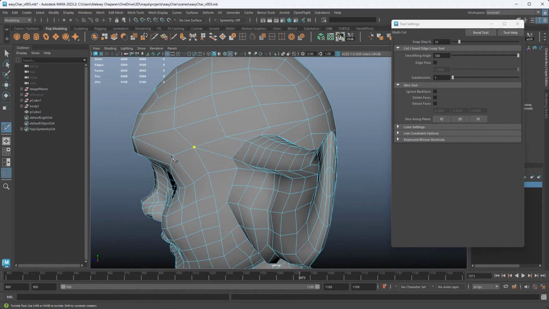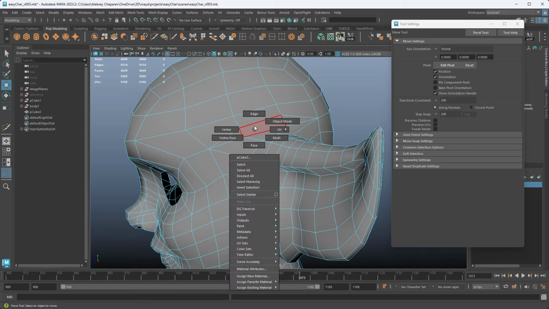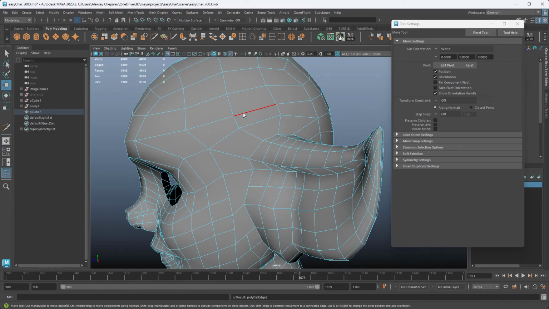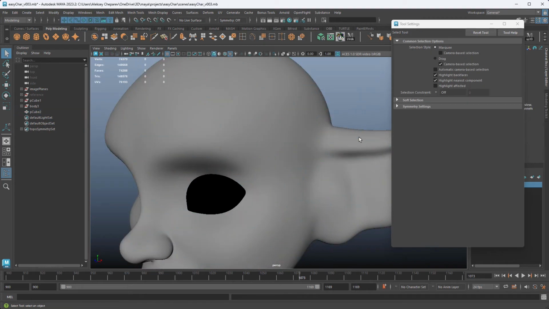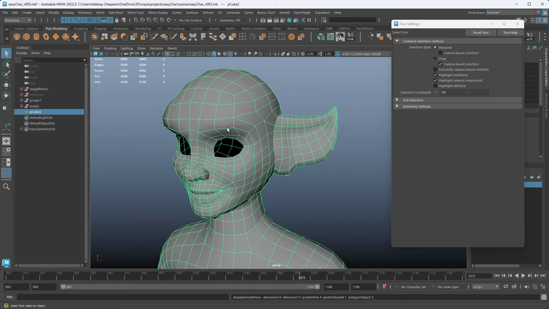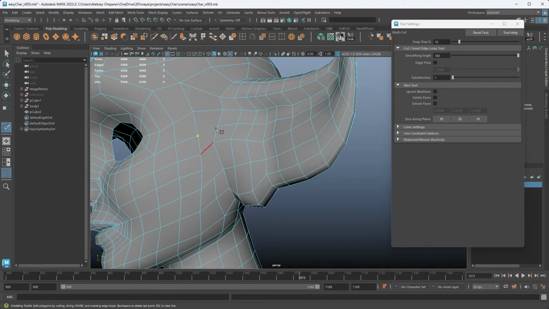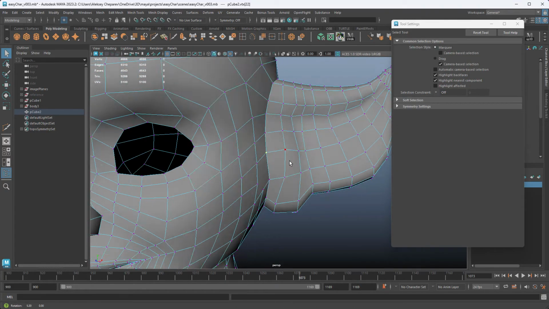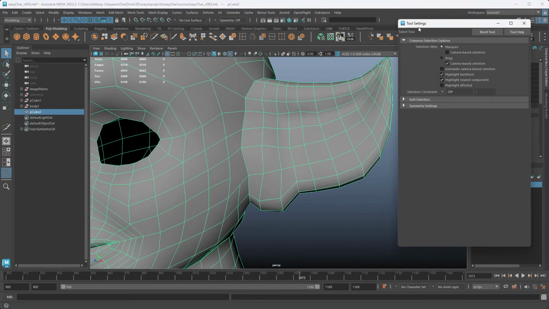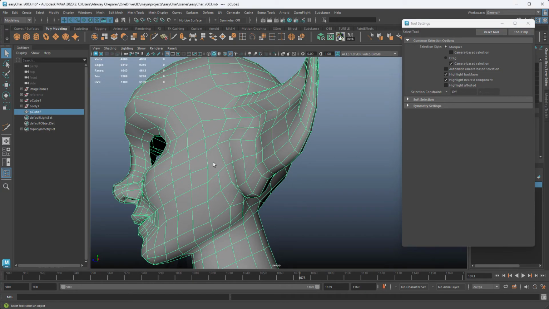You just need to loop this over the ear like that. This edge, edit edge flow. This can connect here. Soften edge. Now our last issue is right here.